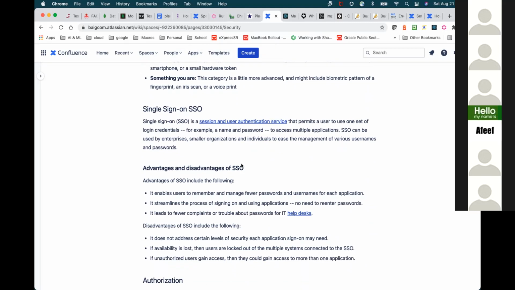So in order for a user to not have to log in every time and put in a user ID and password, there is the single sign-on concept which comes in. Just think of what this does: you log in once with your user ID and password, and you get access to all the applications.